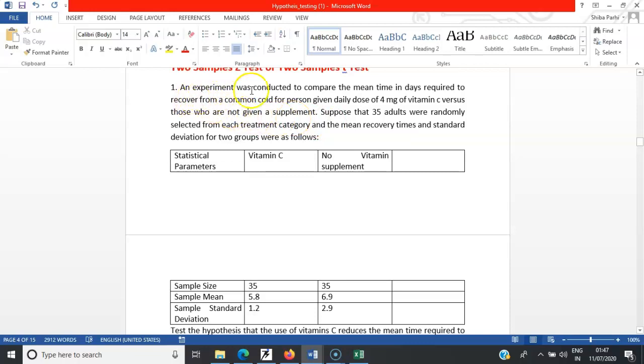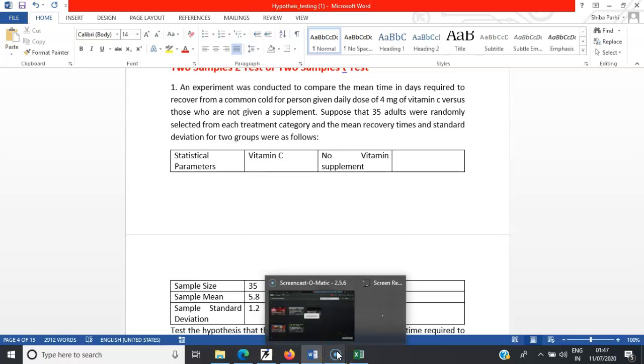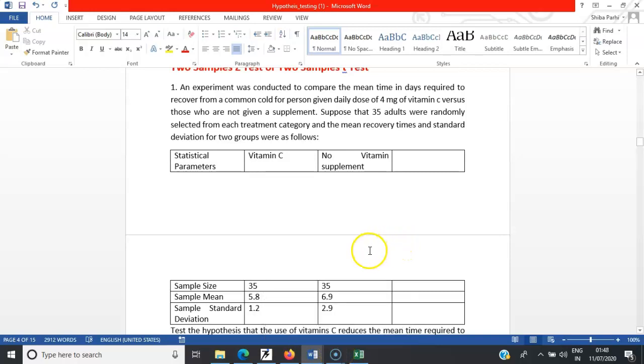An experiment was conducted to compare the mean time in days required to recover from a common cold for a person given a daily dose of 4 milligrams of vitamin C versus those who are not given the supplement. Suppose that 35 adults are randomly selected from each treatment category. The mean recovery times are given. Are they similar in recovering? These are the recovery times, 5.8 and 6.9. Are they similar? Or look into the standard deviation and recovery time, and you can go for the Z proportion test. All the formulas have been given also to all of you. So in the next videos we'll understand